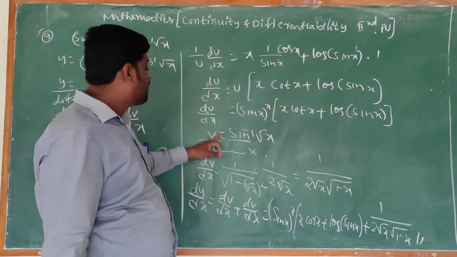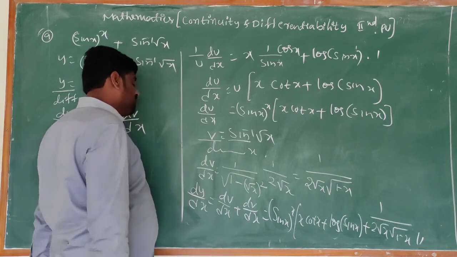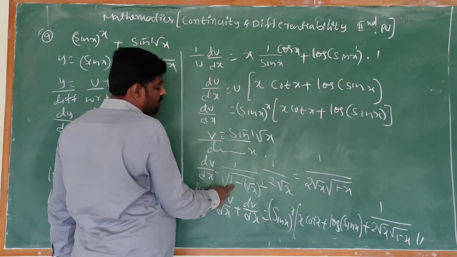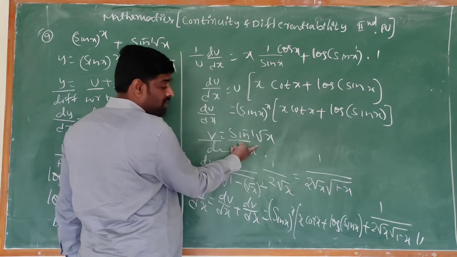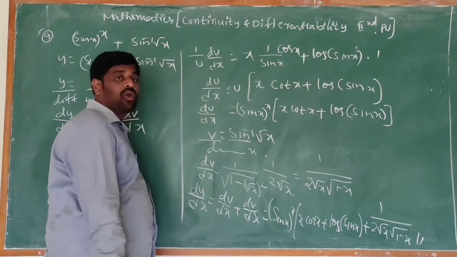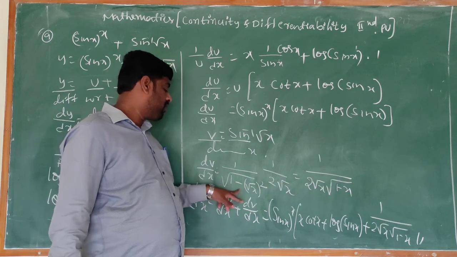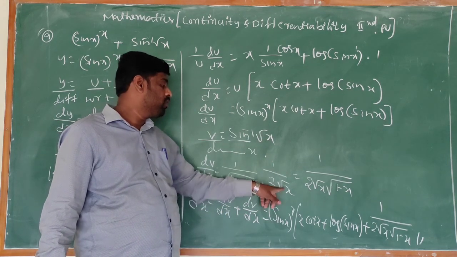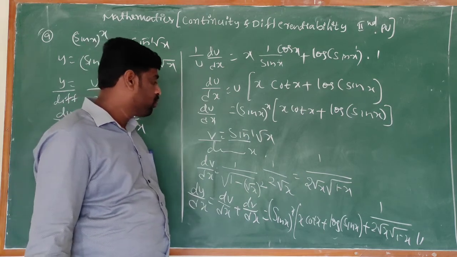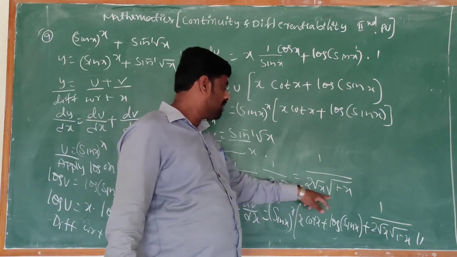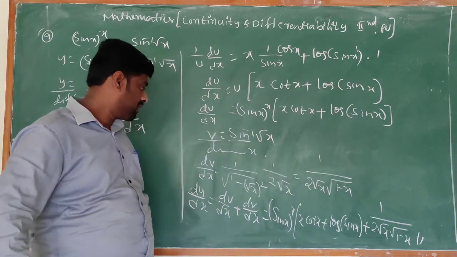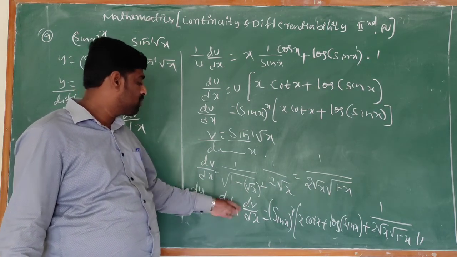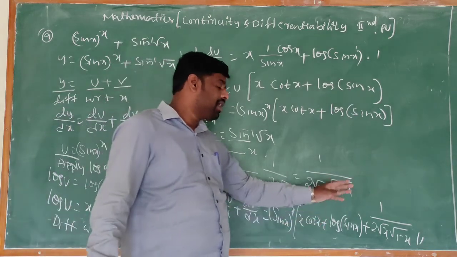Now we can take v is equal to sin inverse root x. So differentiate with respect to x. dv by dx is equal to 1 divided by square root of 1 minus x square, sin inverse differentiation, but instead of x, what is there is root x. 1 divided by square root of 1 minus root x whole square, and root x differentiation is 1 by 2 root x. So 1 divided by 2 root x, the square root cancels, square root of 1 minus x. And again substitute: dy by dx is equal to du by dx plus dv by dx. Substitute those two values to get the answer.